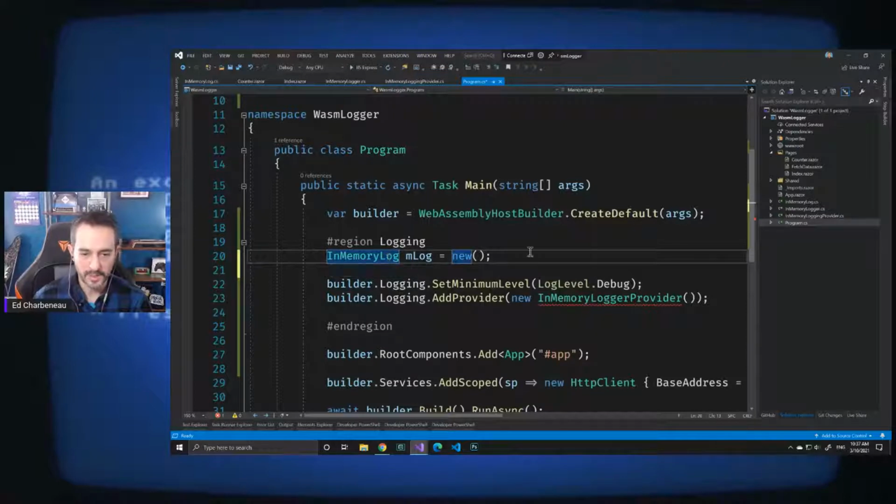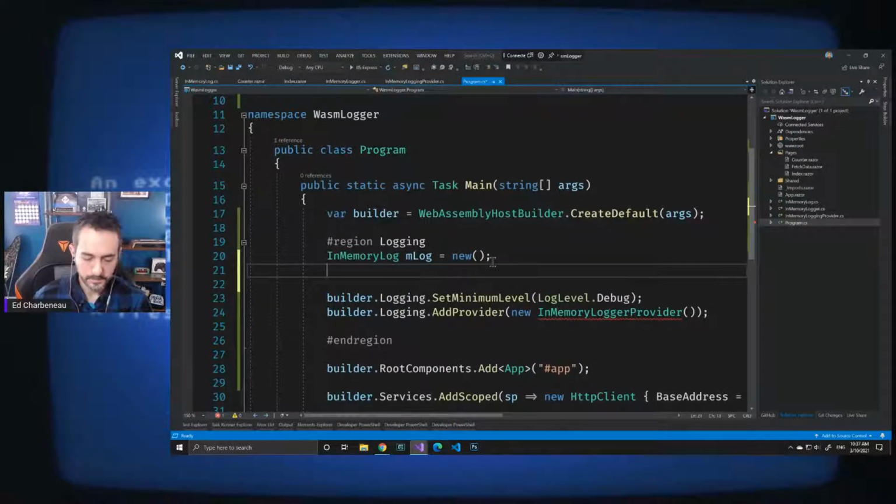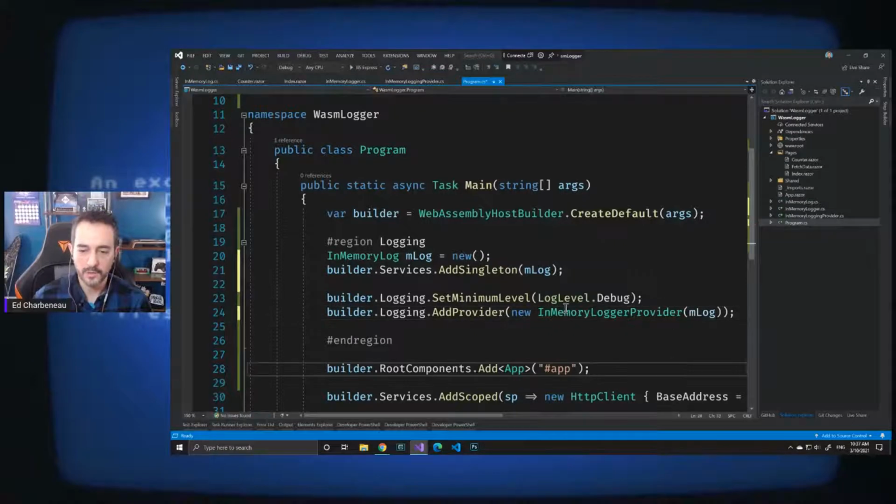So I'm going to new up InMemory Log, and then I'm going to inject that into Dependency Injection, and then I'll pass that same instance along to the provider. So I'm creating a single instance of the InMemory Log,